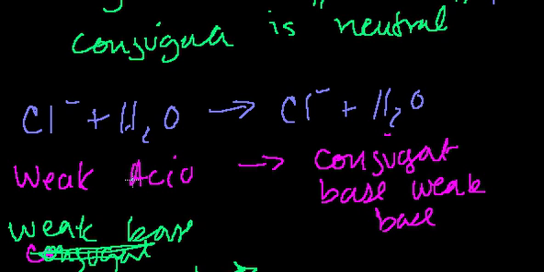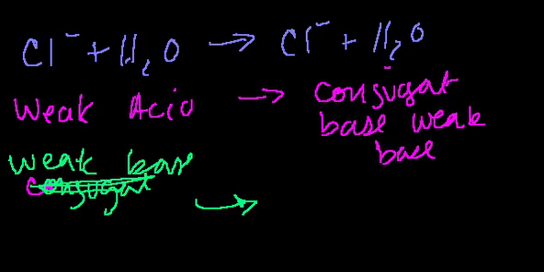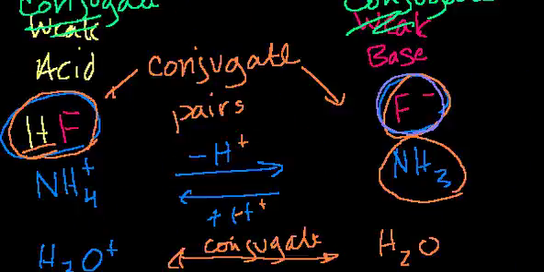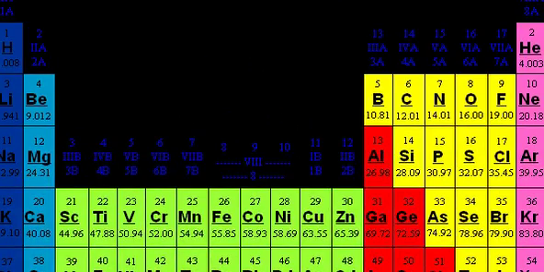So hopefully you get the idea here. It's actually not that fancy of an idea. It's just that if you have an acid, its conjugate base is just that acid minus a hydrogen. If you have a base, its conjugate acid is just that thing plus a hydrogen. Actually, let me just do a bunch of problems here